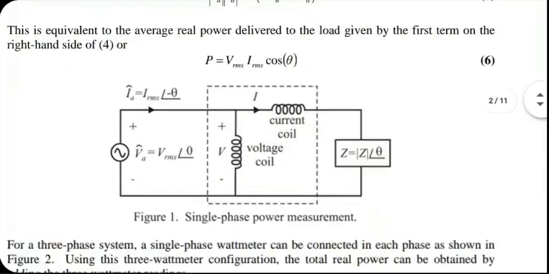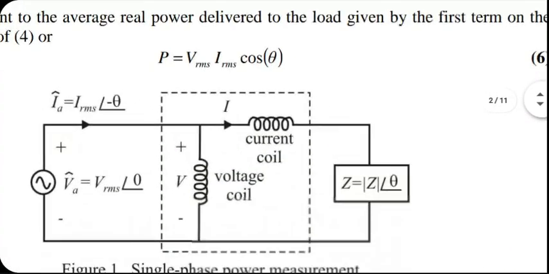Yeah, this is the diagram. This is what I wanted to show you. It's a single phase power meter, conceptually drawn. The source, of course, is known to you, and it is supplying some current to the load Z on the right hand side. Normally, the load will be supplied directly by the source, but now you want to know how much power is going in, at least the real part. So you put this machine in between, or this instrument in between, which is called power meter.